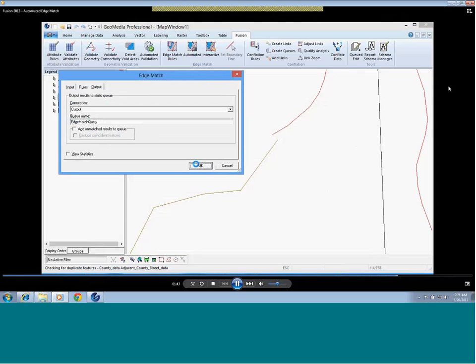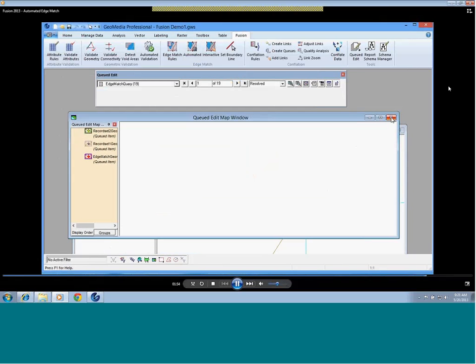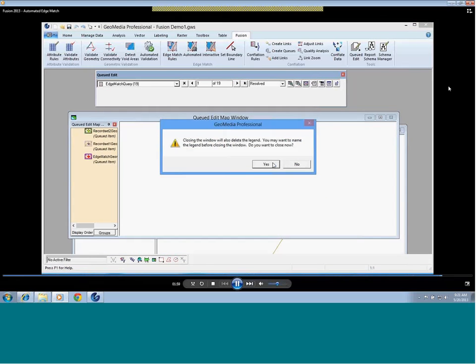So we'll run the process, and we get the QDedit map window, and we have 19 candidates for edge matching. And we'll use the QDedit tool to